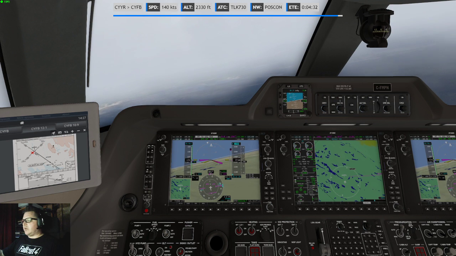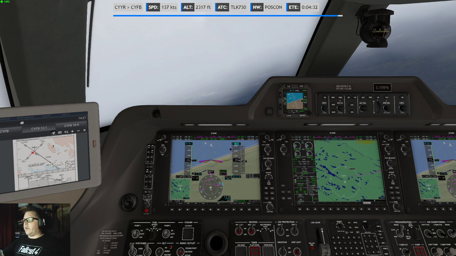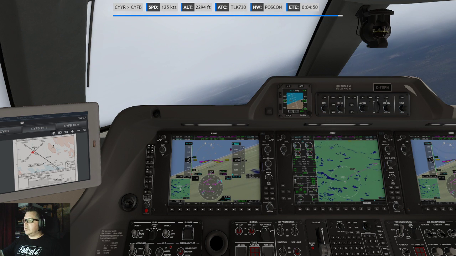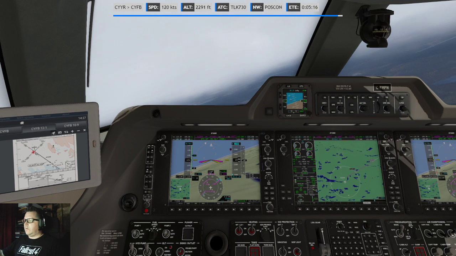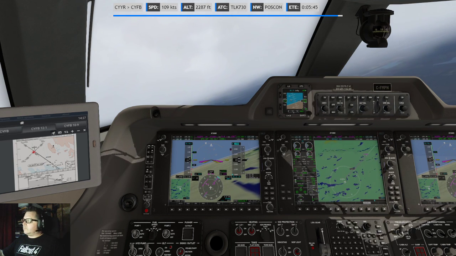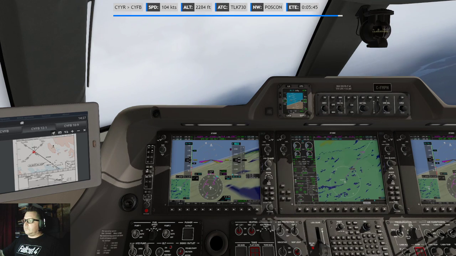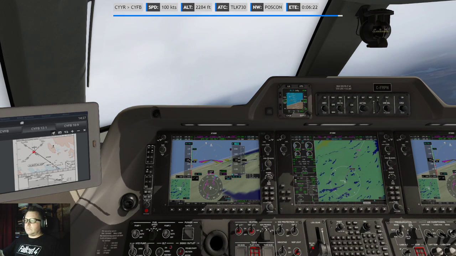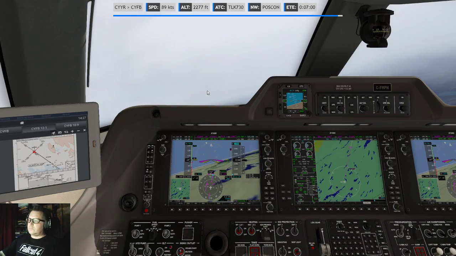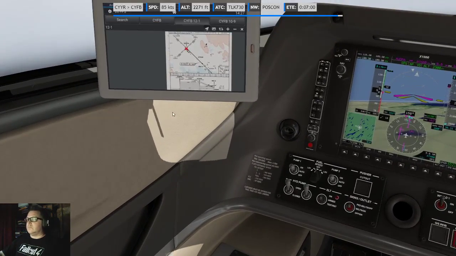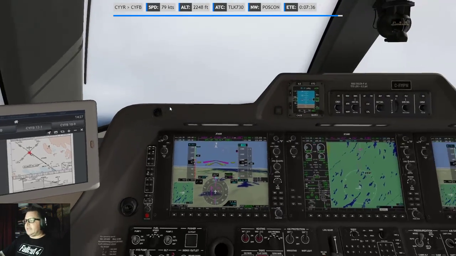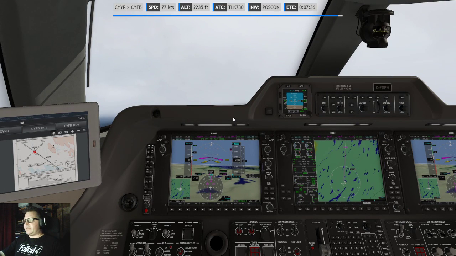Iqaluit traffic, starting 7:30, turning on final, runway 16, Iqaluit. All right, so 2.6 nautical miles from this thing.